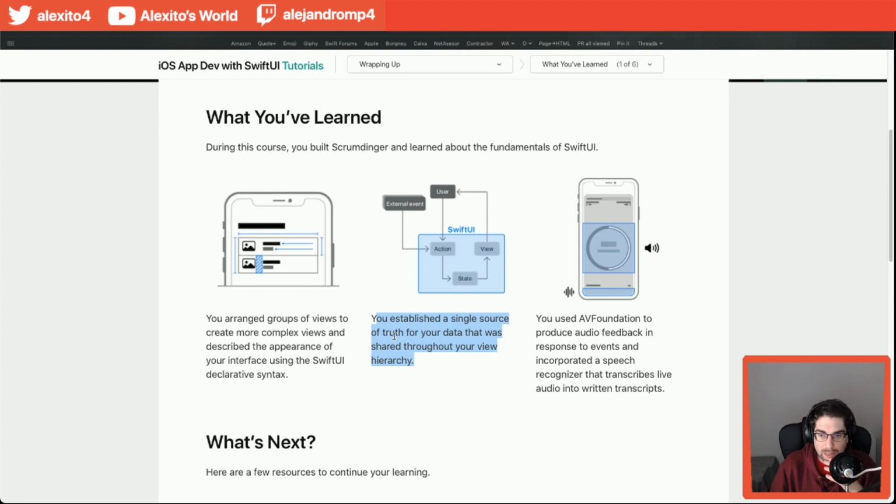So I'm very happy that what they teach in this tutorial is to have a single source of truth. They put the single source of truth on the app, the root level of your hierarchy, and then you just pass bindings all the way down. And when you need something that is just local in a view, you use a state. And if you have something local that is basically a class and not just data, like the typical view model or stuff like that, you use an observable object, and they even teach that. They teach how it's automatically published and all that stuff.